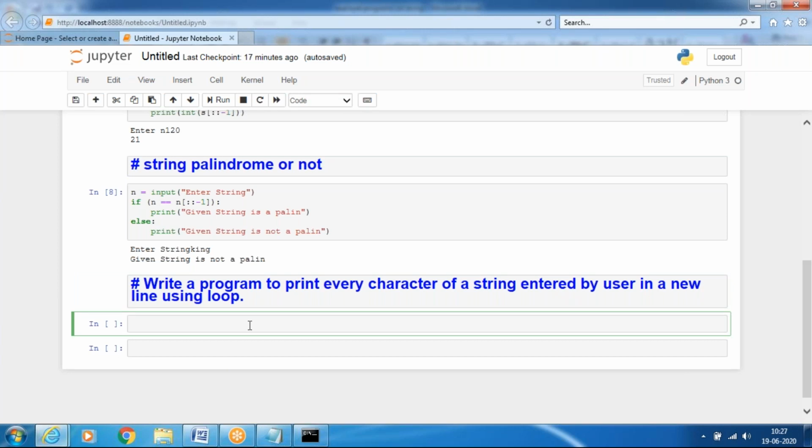First pass the input string, str equals to input of enter a string.